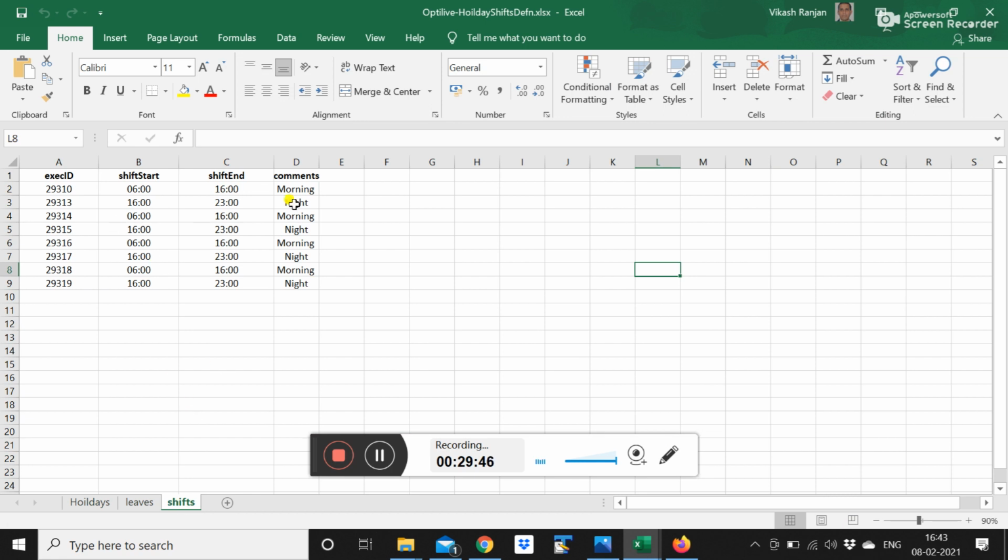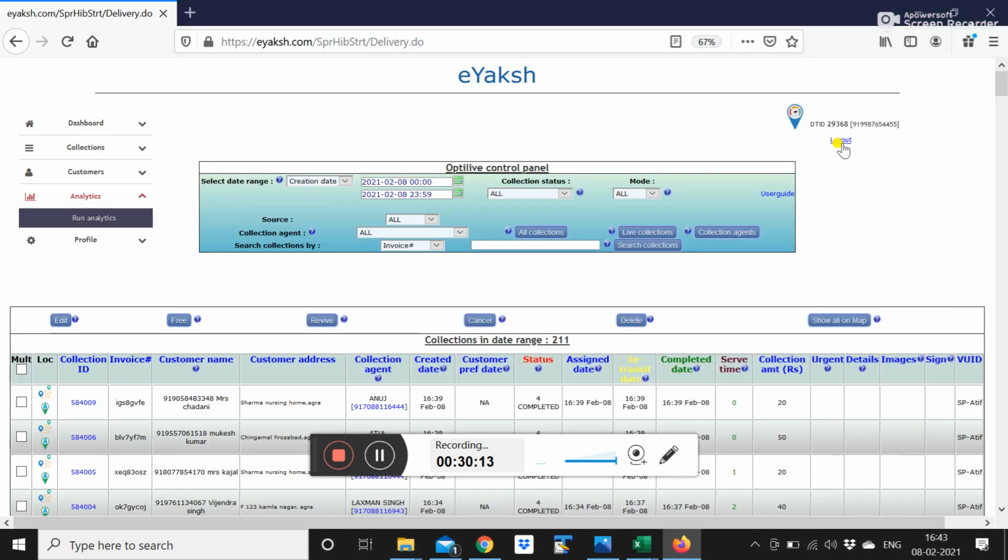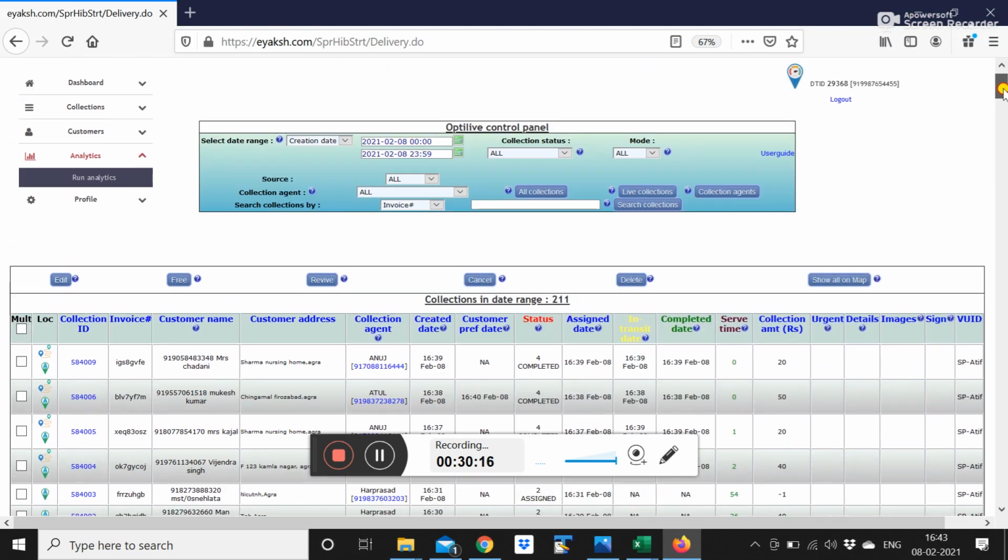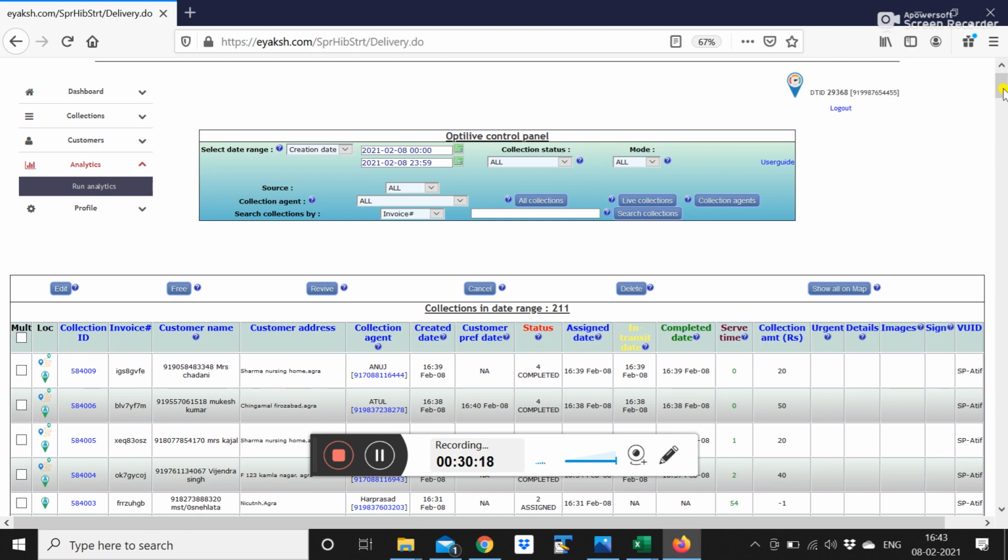timings. These can also be uploaded in the system via an Excel, and whatever is the latest Excel, the system honors that, and whatever is the previous information will be erased. It will be overridden by the newest sheet that you have uploaded. And on these dates of leaves, times or holidays, you cannot assign any collection to these phlebos. The system will throw an error saying that this cannot be honored, because this way it attends to whatever additional boundaries you have. The more information you give to the system, the more accurate results it will give.